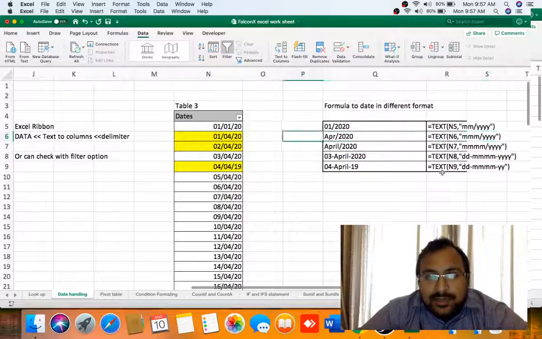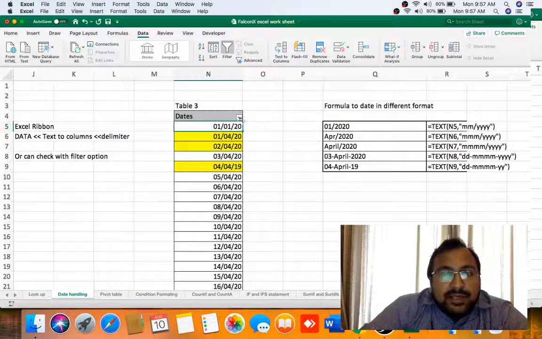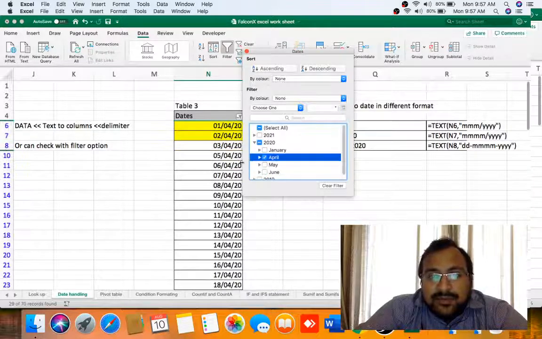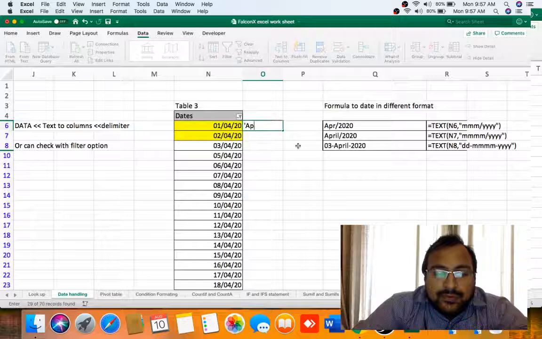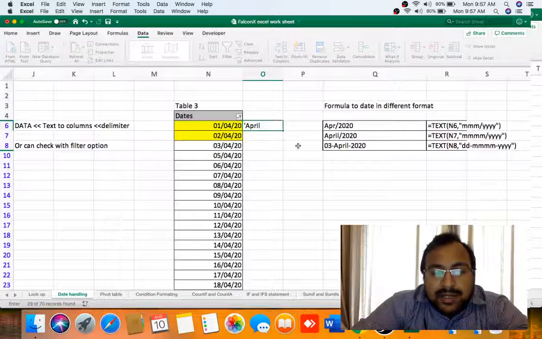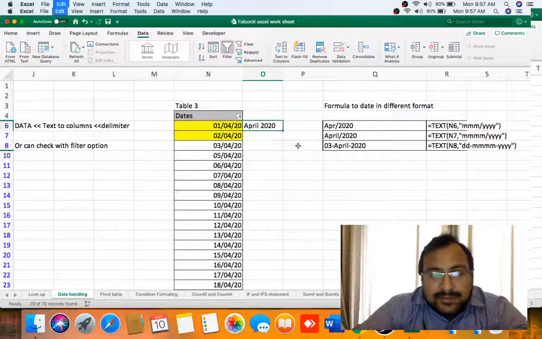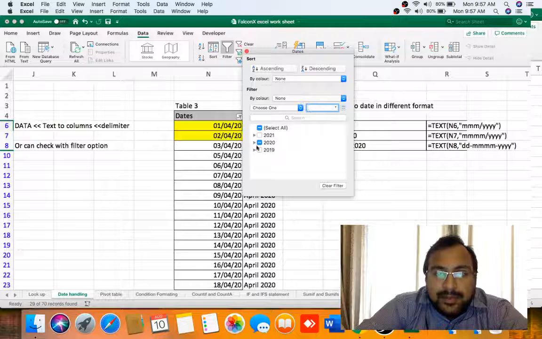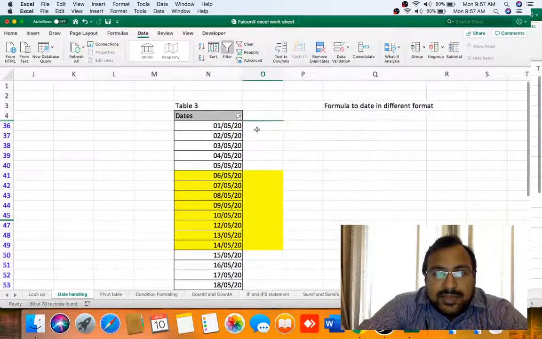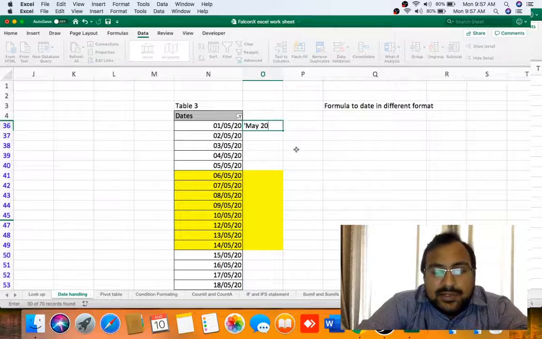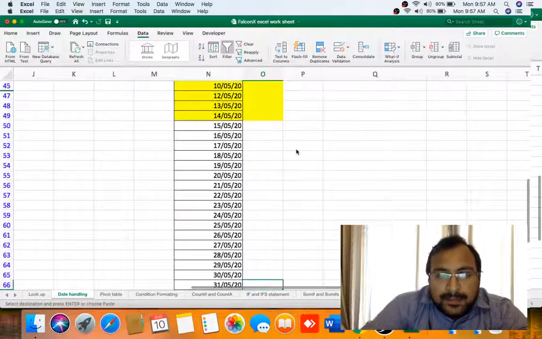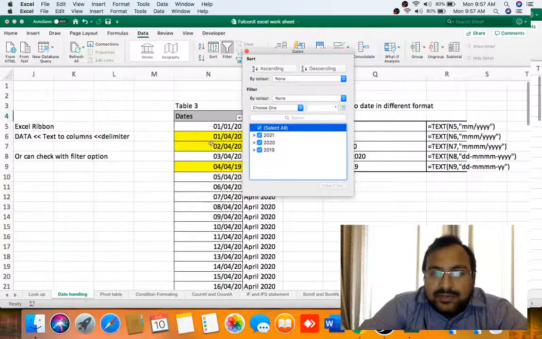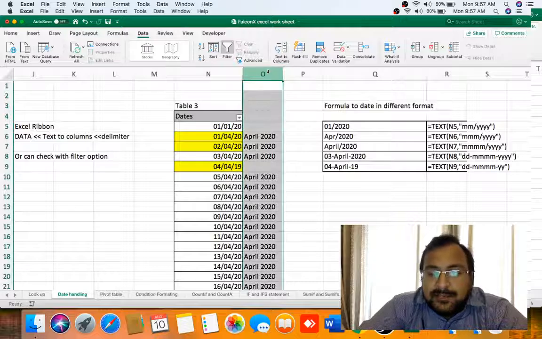Now let's move ahead. Suppose in statutory audits, we want to club the data month wise. For example, we want to club April data. So one method of doing it is we can write month wise like this and do a copy paste, and then similarly we can do for May. But don't you think this is time consuming and chances of errors are too much? For me it's time consuming and I make a lot of errors doing it like this. So how can we save this time and errors?